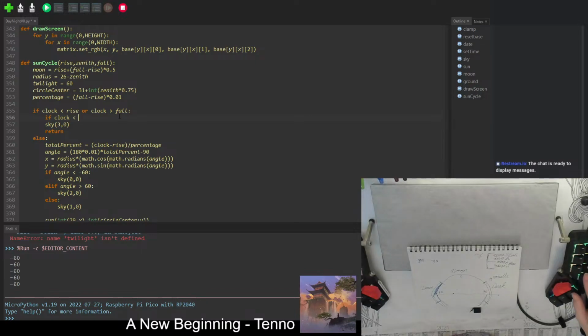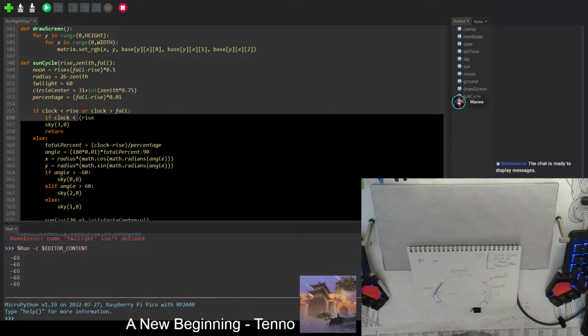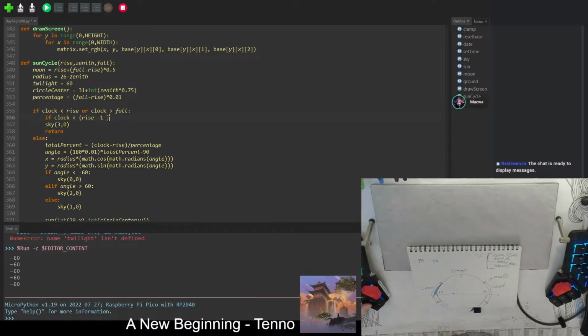Smaller than rise minus 1. Of course, when time gets there, when I actually implement time, that's not going to work anymore, but fine. Then I can say